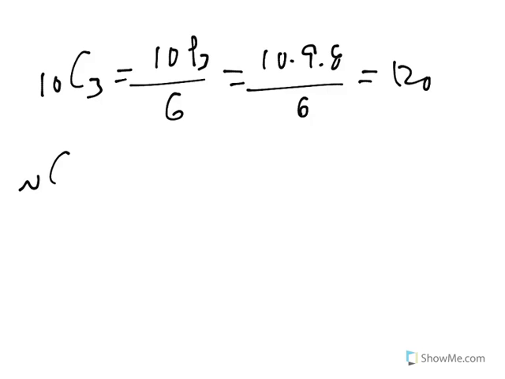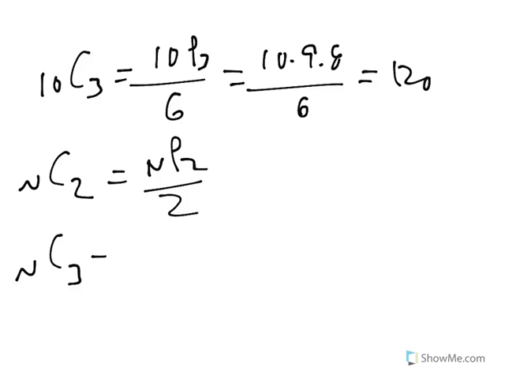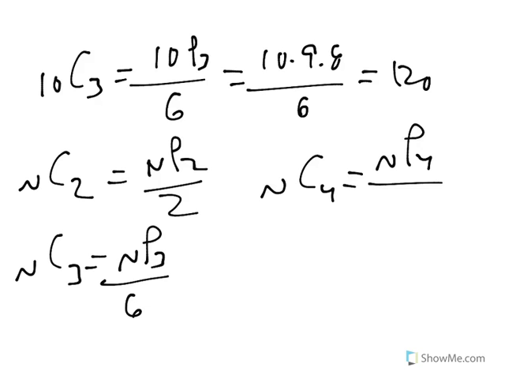So nC2 is nP2 over 2, and nC3 is nP3 over 6. So the next question is, what's nC4? Well, it's going to be something with nP4, but we need to know what number goes down there. And the secret is,